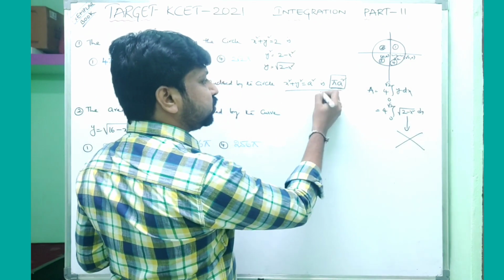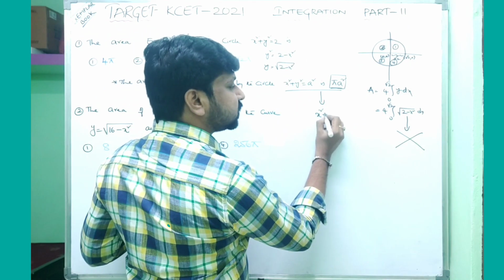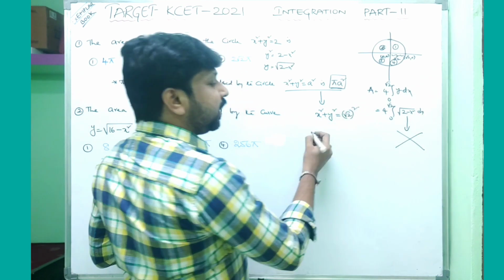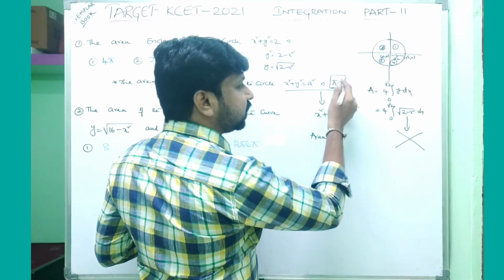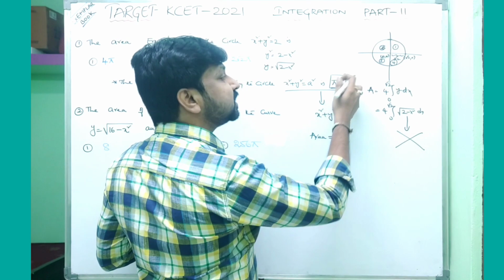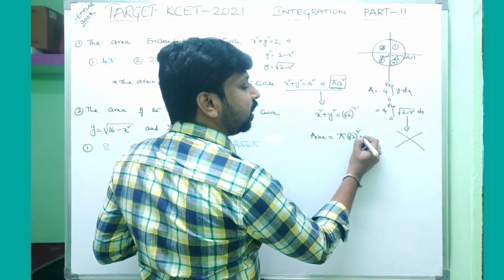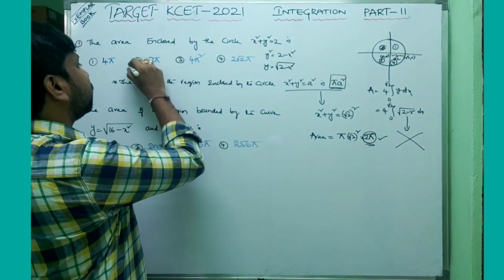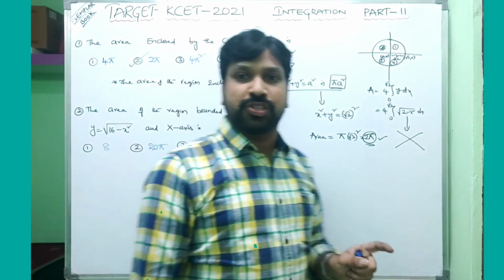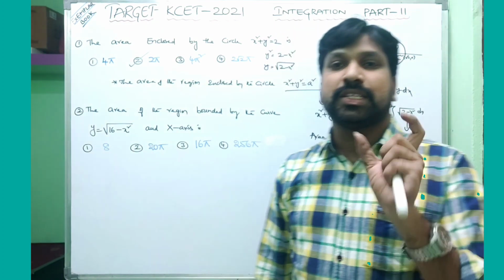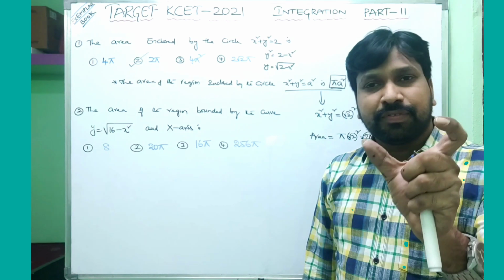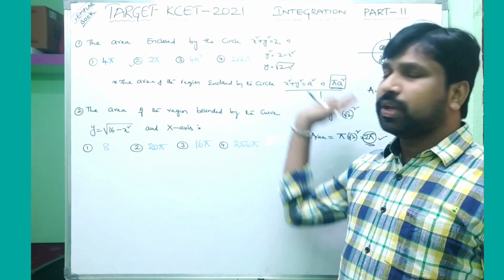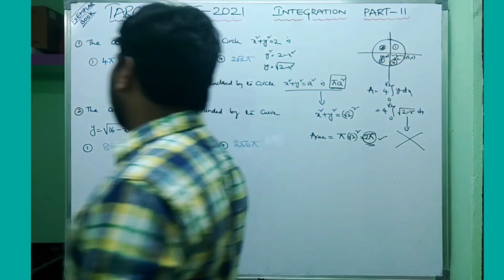So by this information, look at the circle equation. X square plus y square is equal to 2 is given. 2 is nothing but root 2 whole square. The required area, by the formula pi into a square, is pi into root 2 whole square, and hence pi into 2, that is 2 pi is your answer. You will get it in a fraction of a second if you know this logic. It's a very easy formula. Just observe what the a value is here, then substitute, and you will get the answer very quickly.